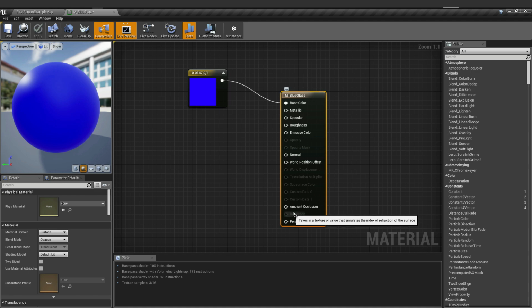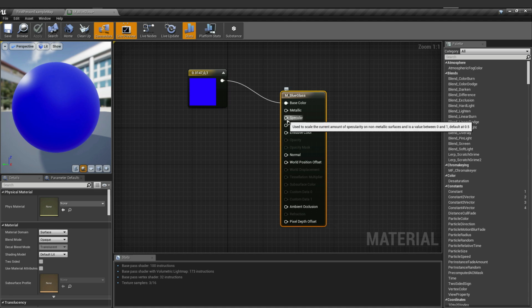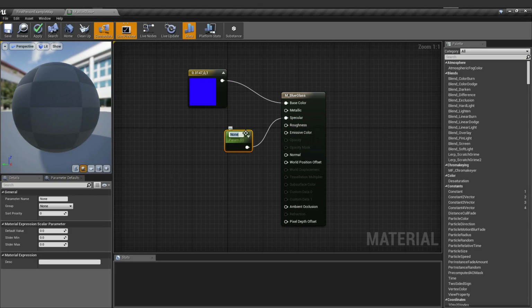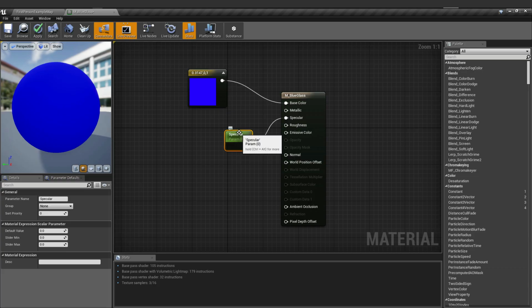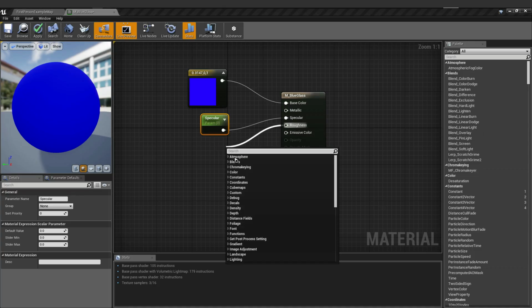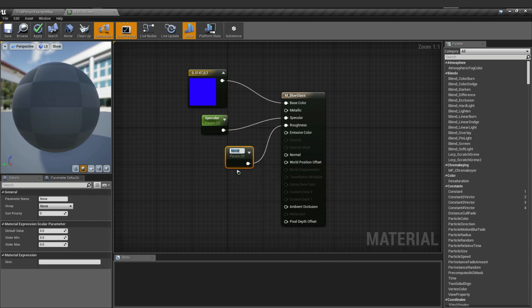So let's start. First, we're going to connect this specular to a scalar parameter. Let's name this scalar parameter specular. And before we change the values of our specular parameter, let's add another for roughness.